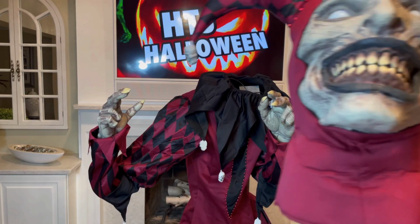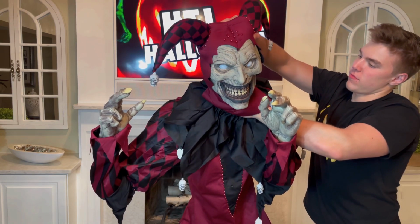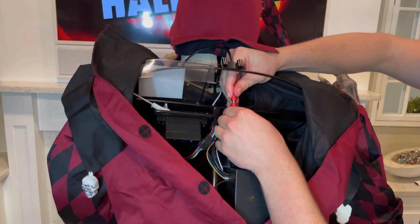After this, you will want to go ahead and locate the head of the Jester. Underneath of the head, you'll see that there is a little fork for you to attach it into the top of the Jester's neck area, before then going into the back of the Jester's clothing and connecting the red wire